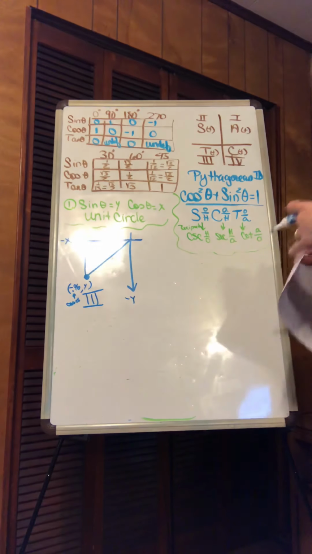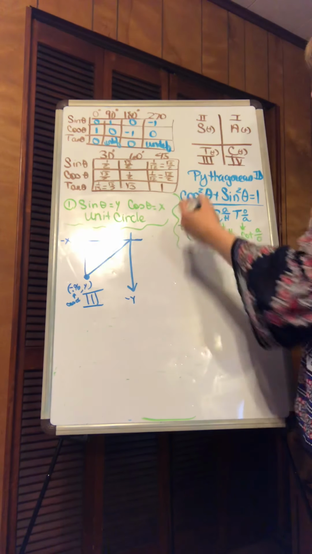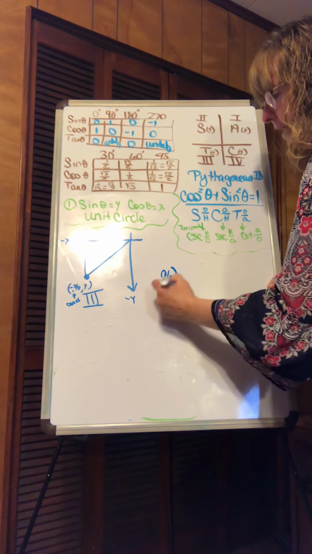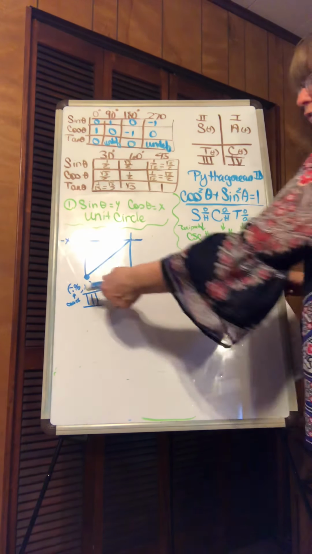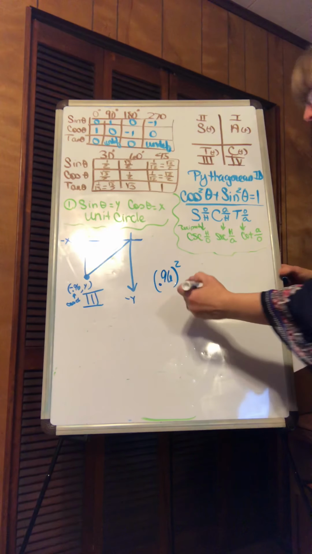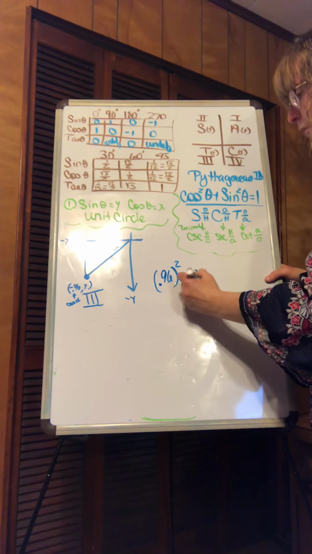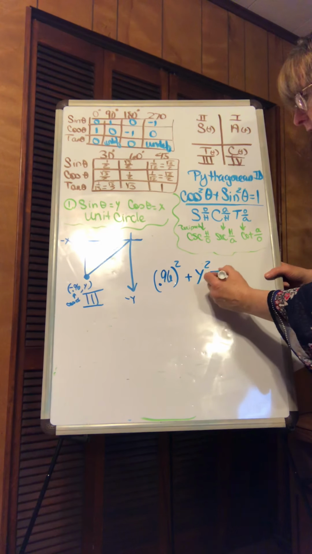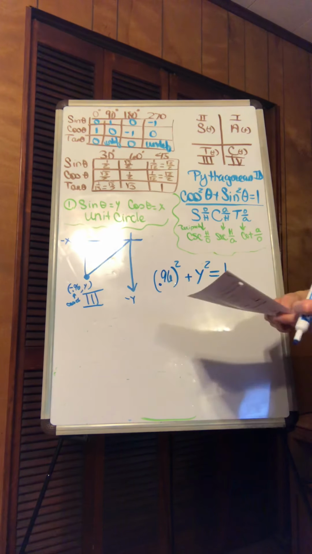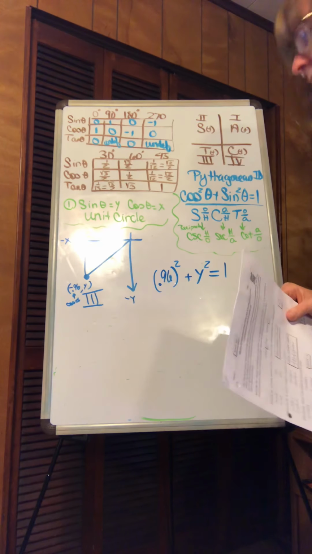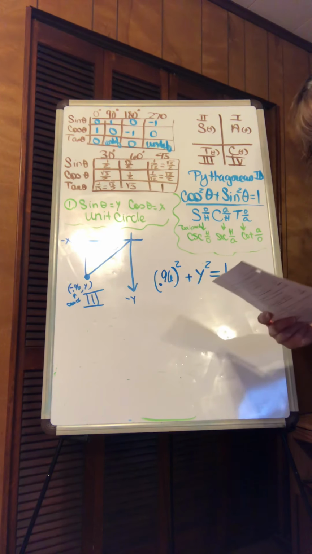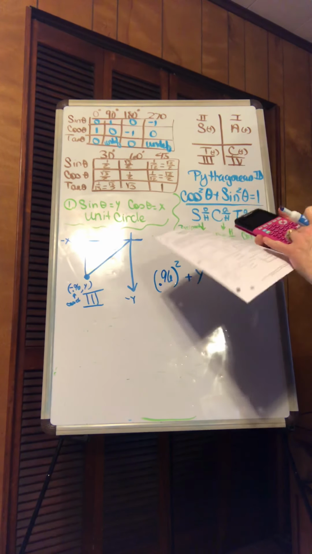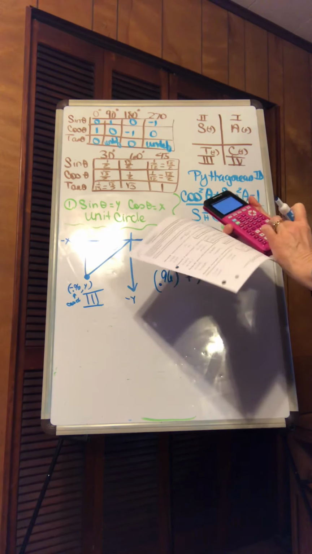So when I do this problem, I say, okay, cosine squared, 0.96 squared, because the negative is location, I don't need it here, plus y squared, or sine squared, either one, is equal to 1. And I'm going to need the calculator because last time I checked, I cannot do this in my head. So when I have 0.96 squared,